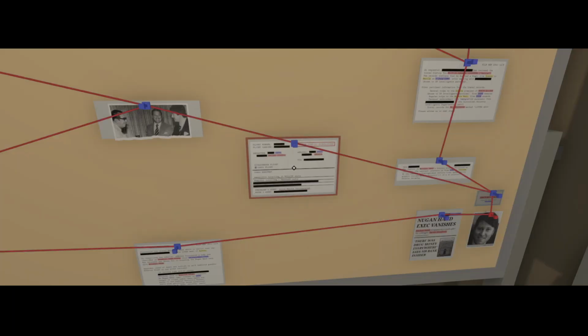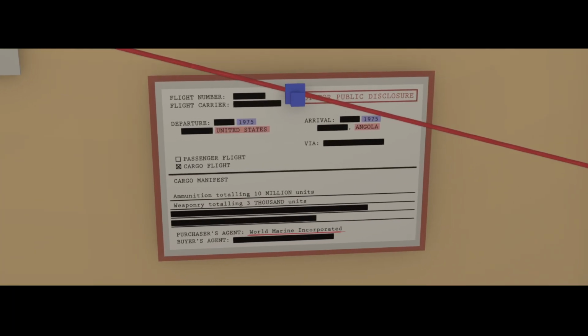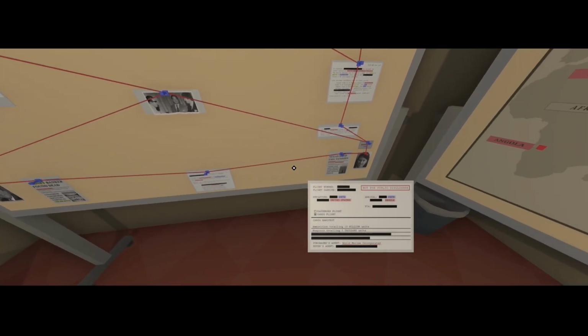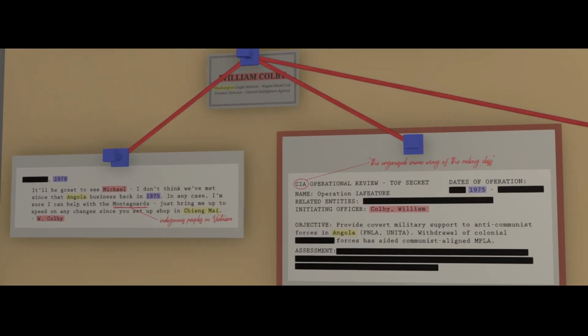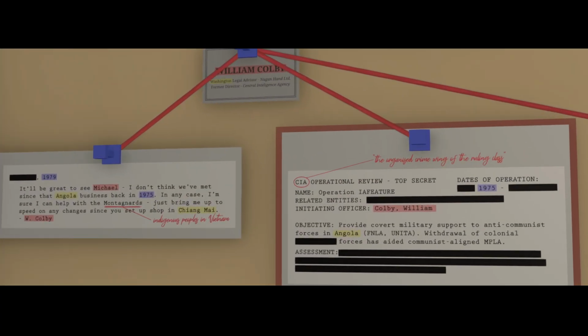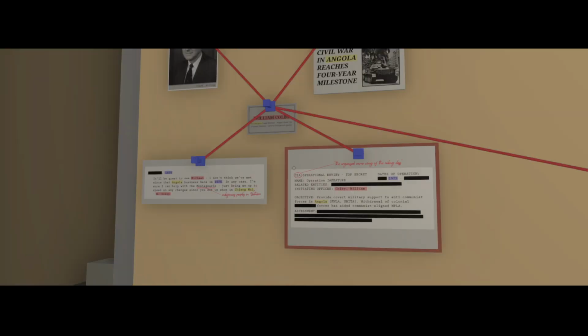What about... Who's this for? Angola. That doesn't give me much, but that was with Michael Hand. Colby in 1975.